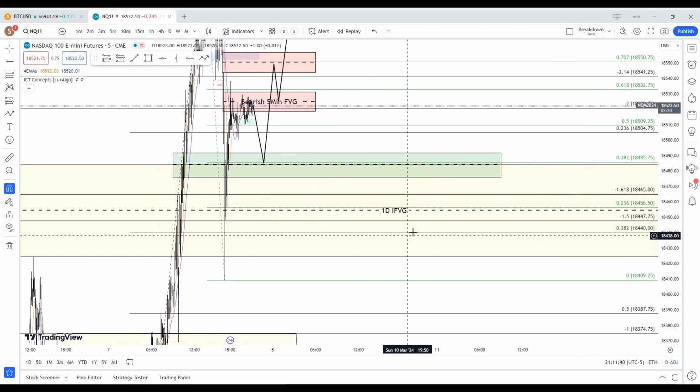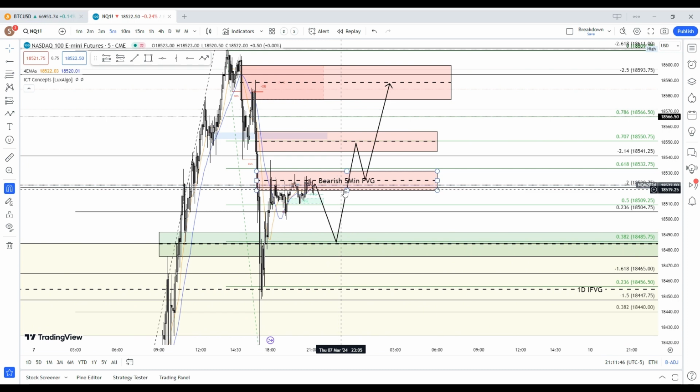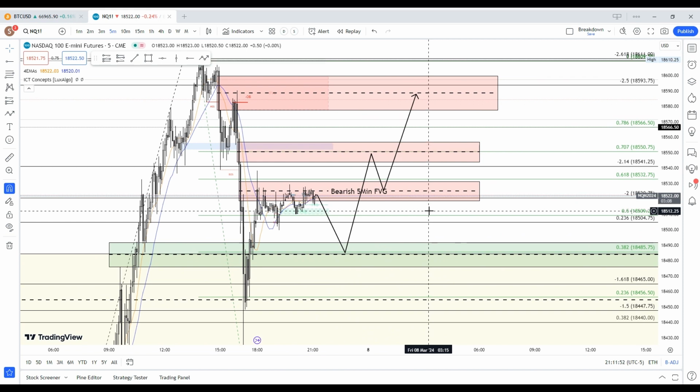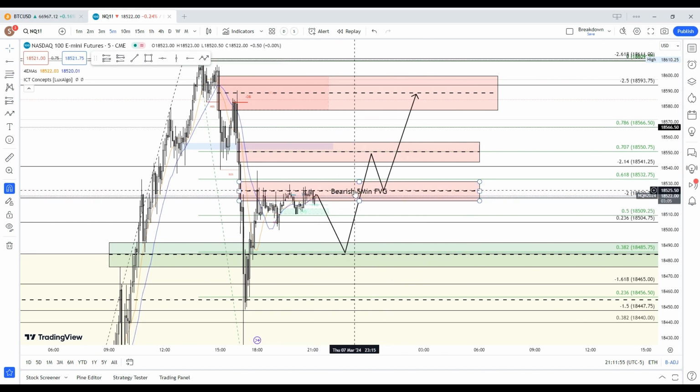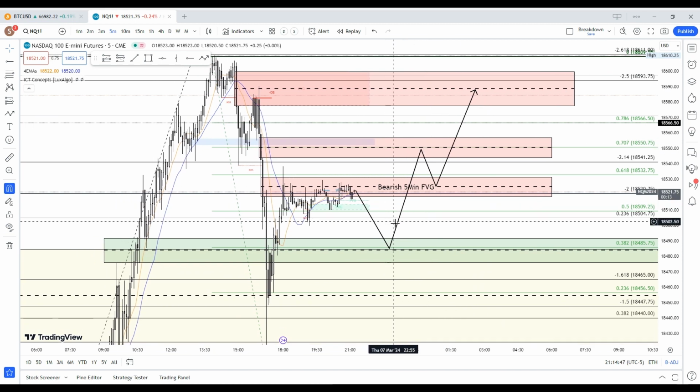Is that the daily one? Yes, one daily inverse. And then hopefully it would inverse this. Give it the strength to do so. I wouldn't be going long anywhere right here unless this is inversed and held. So no long unless this is inversed and held, right? You could low risk long here, stop right below, right? This is just a roadmap. Doesn't have to happen exactly like that, but it's just trying to help